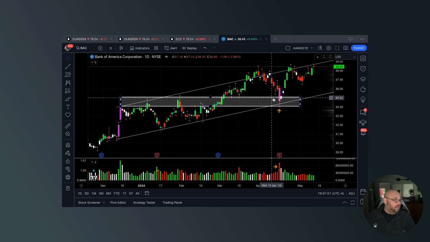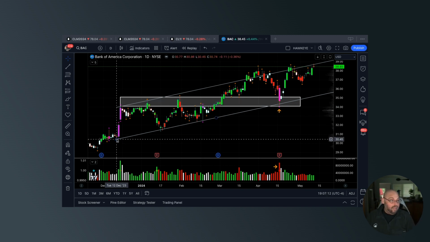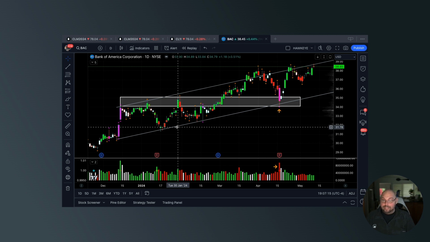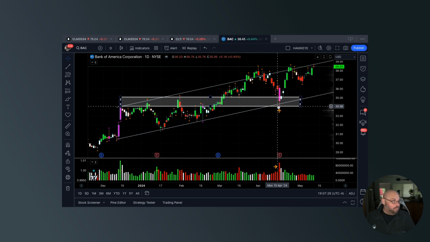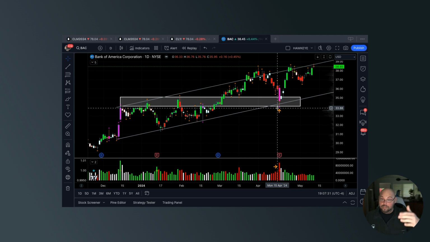So to me, I have an area or a zone that was previously resistance, which should now be considered newly appointed support, and I have an upward trend line, which is part of the formation of a channel structure that has now been touched for the 7th time. It was touched as price pulled back into support on a channel line that should be considered ascending support on